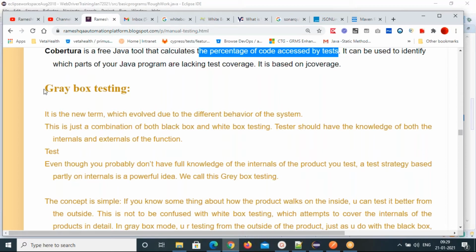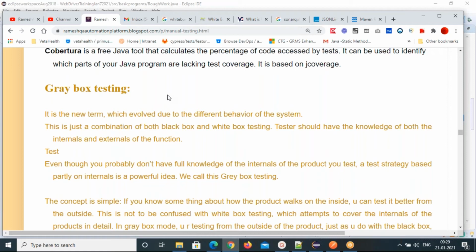And the last one, gray box testing. What does gray box testing mean? It is a combination of both black box and white box testing. Testers should have knowledge of both the internals and the externals of the function. Even though you probably don't have full knowledge of the internals of the product you test, a test strategy based partly on internals is a powerful idea.